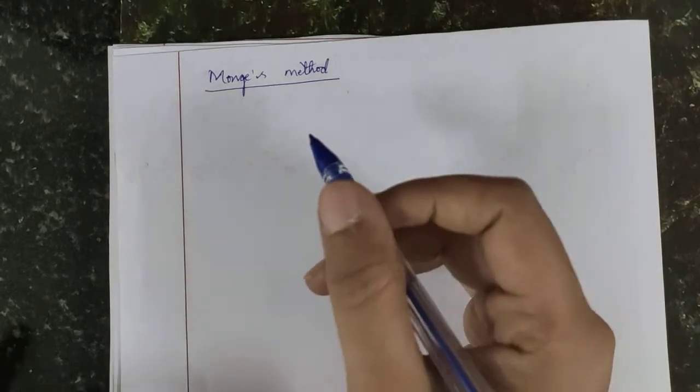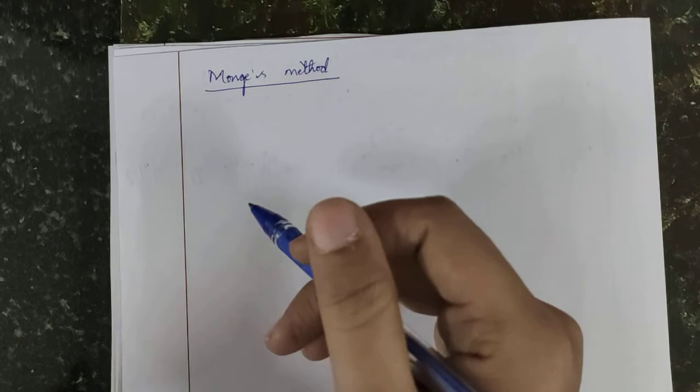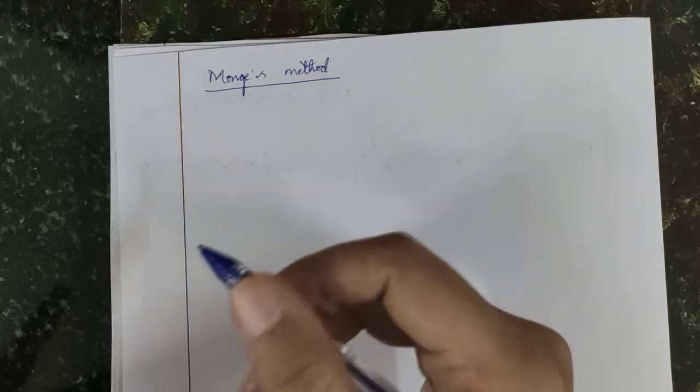We'll continue with the problems on Monge's method. From next class let's start with the new topics. Okay, so this problem is also very similar to your previous problems, but while simplifying there will be a little bit different steps. The final solution will be z itself. We will find out z itself, but to get z the simplification method will be a little bit different from